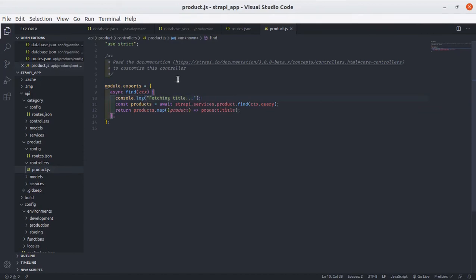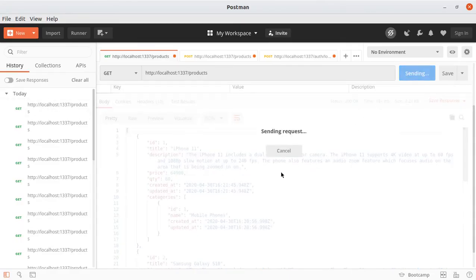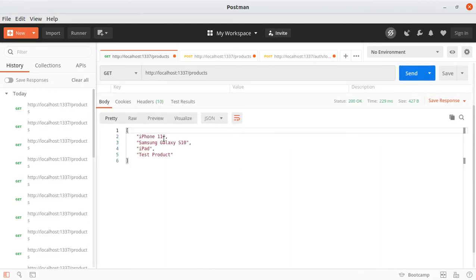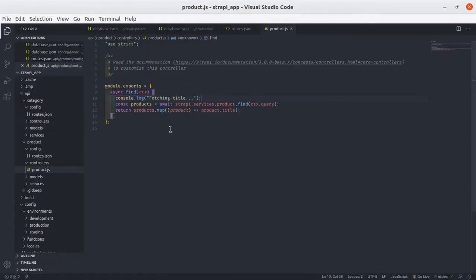So if I save this and make a get request to products, that is going to call find. If I send, you will see now we are only getting back the title of each product, because I overrode the product controller, and you will see a console log fetching title down here. So it is pretty easy to override these methods.